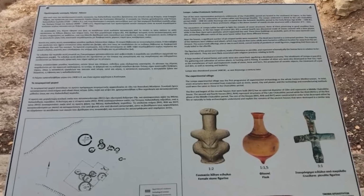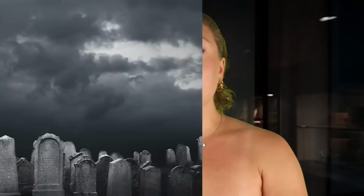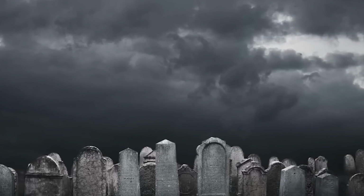Over the years it has belonged to many different families who have all been ruined and dismantled by death. After the first 6 years of ownership, all 7 members of the first family died. It then moved on to a second owner, and after 4 years, death began to come to him and his family. There was then a long period where it was unclaimed, but once the third family got a hold of it,